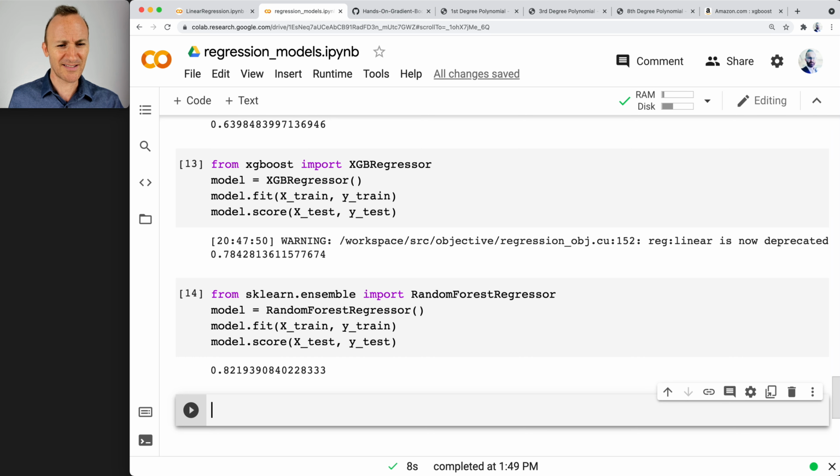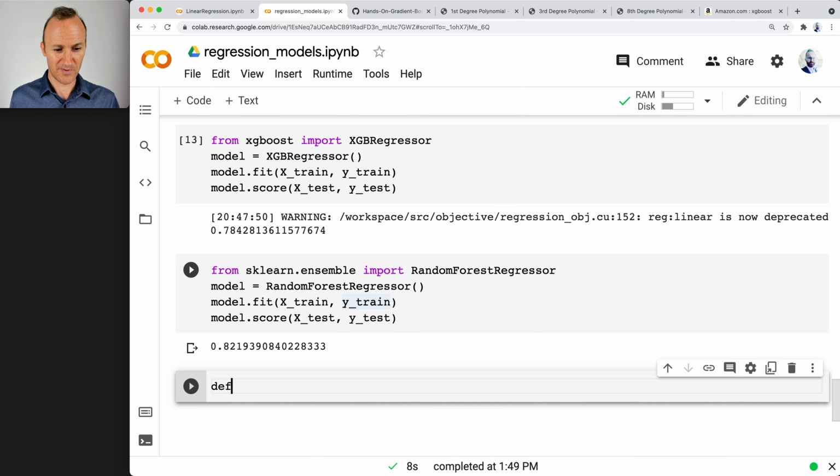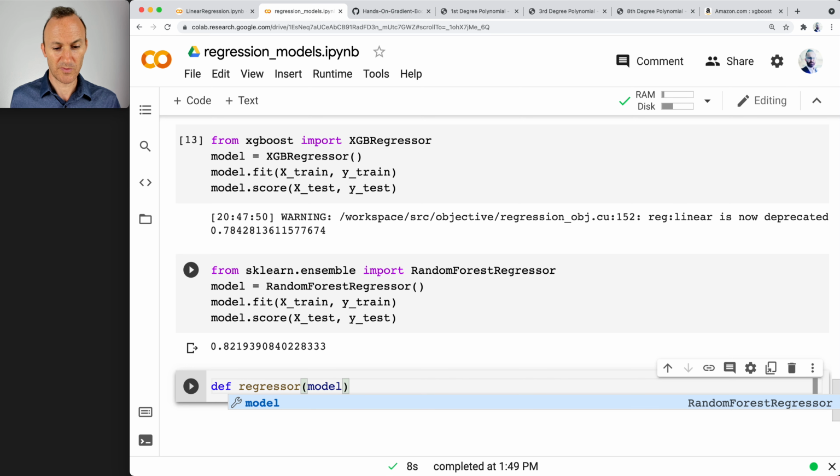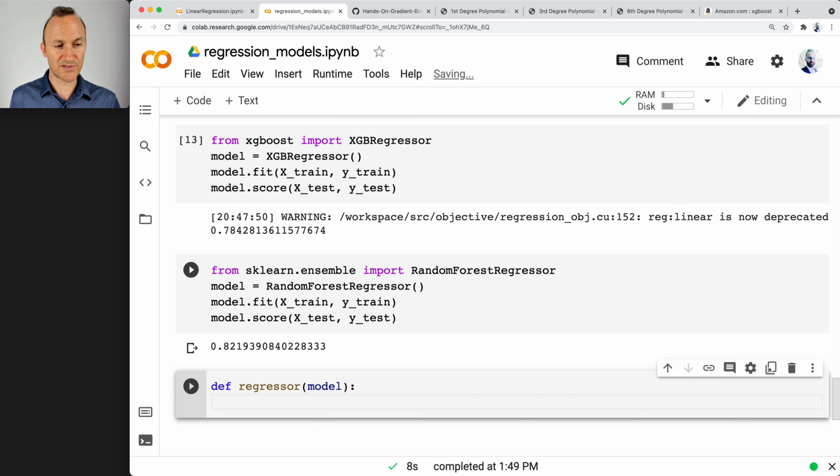By the way, just for fun, I want to try the XGB random forest regressor. So if I go, you know what, I can't take this anymore. I'm going to write a function. Do it with me. def. So you've got to get the model in here, right? So what are we doing? We're just scoring. We'll call it regressor. It's a regressor, but the input should be a model, right? And then what we do with the model is